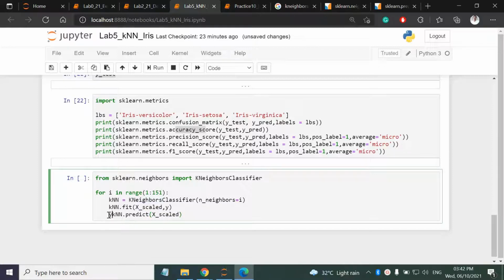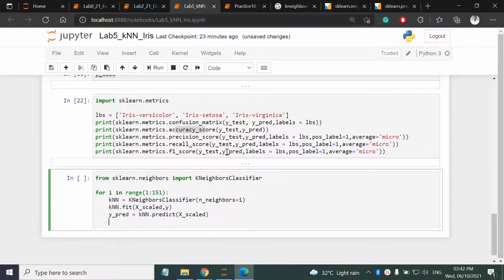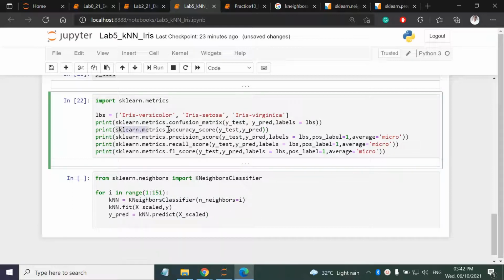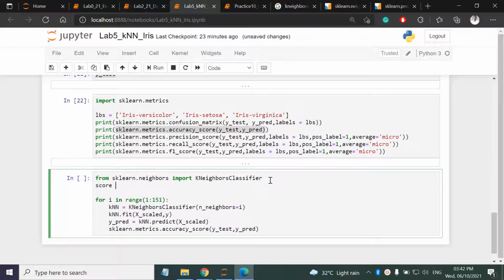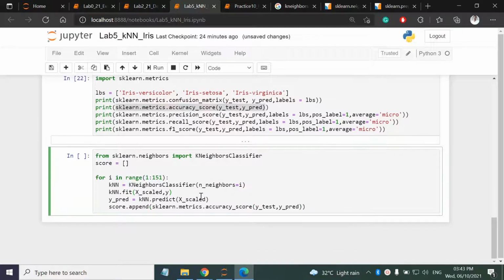This is my y_prediction. Then I'll be calculating the accuracy score. I have to store it in a list, so I will create an empty list and use score.append to append the score for every run. It is simple, right?